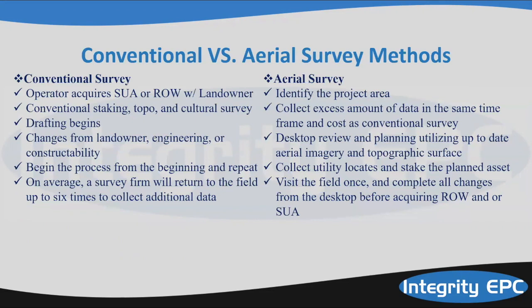So really the big thing that I want to highlight is just the difference between the conventional and the aerial survey methods. Conventional survey will never go away. There will still be needs, you know, highly populated areas, residential, certain restrictions pertaining to the laws of where you can and can't fly a UAV. But if you have a project in an area that fits,